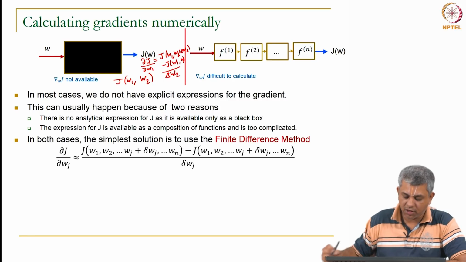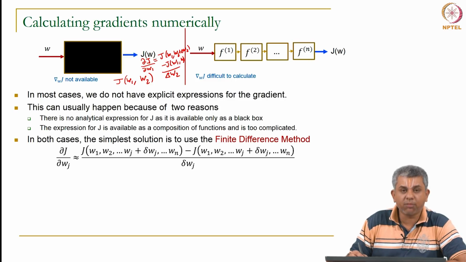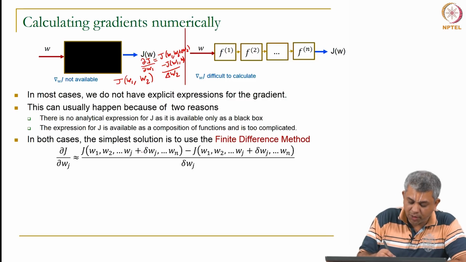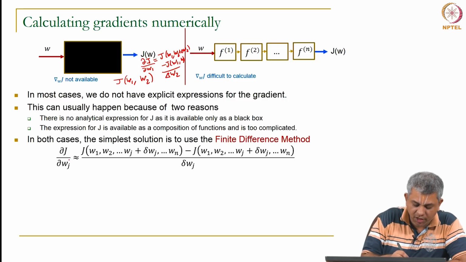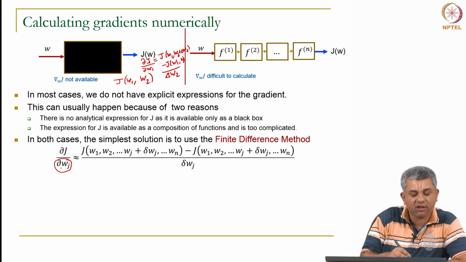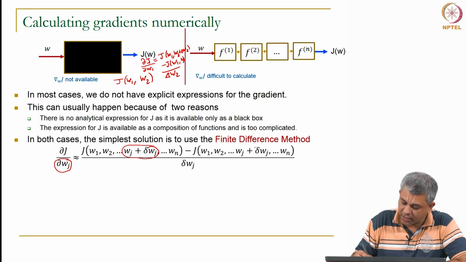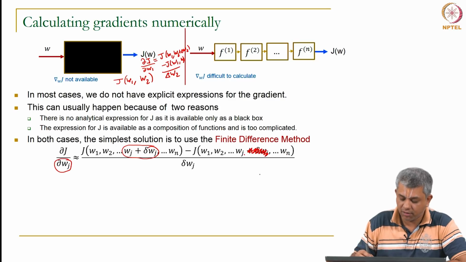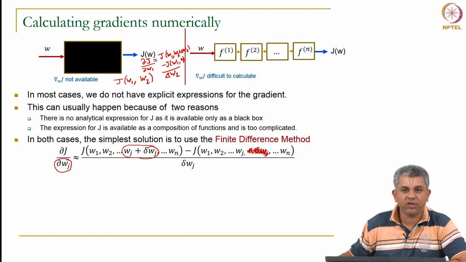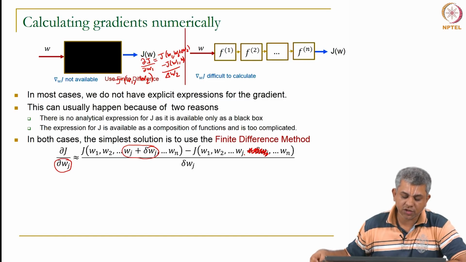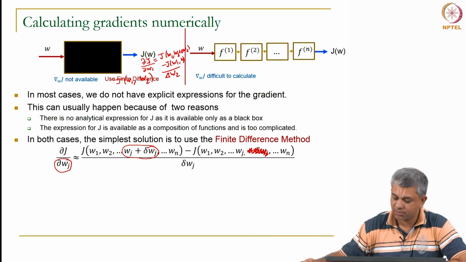delta W1. In the case of W which has n components, or what is called n features, you simply perturb the particular derivative you are interested in. So, if you are interested in the third derivative, you perturb the third variable. So, this should actually not be there, this is an error, this should be W2, Wj here and Wn, divided by delta Wj. So, you have to perturb each of the variables. You can use finite difference in both cases.